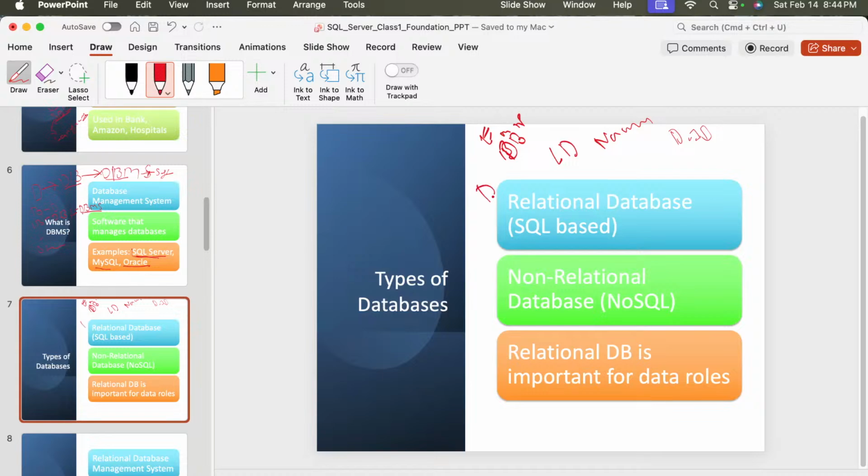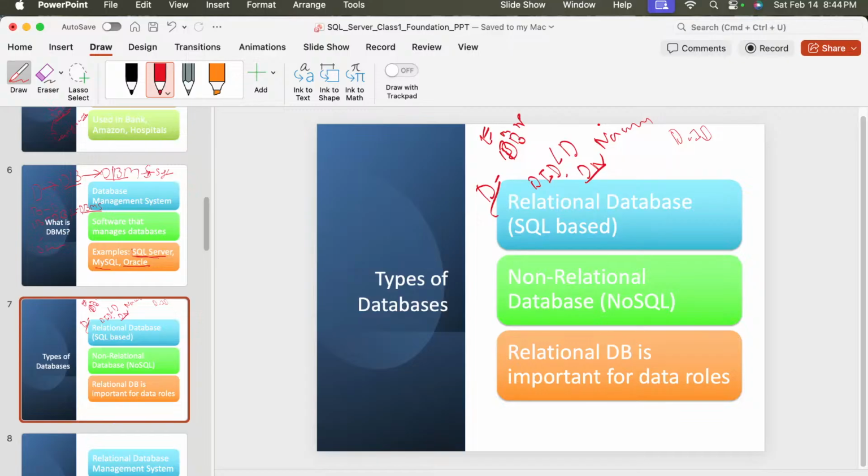and we have one more table that is called department. In the department table we have department ID and department name, D name, ठीक है. So we have two tables.